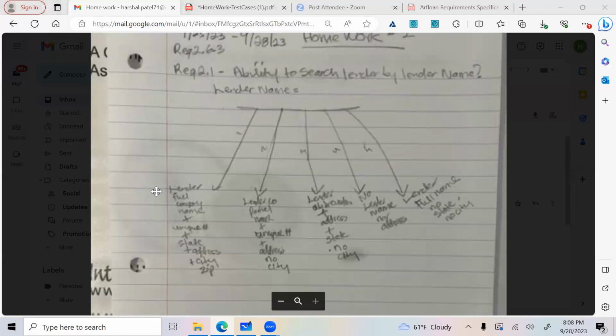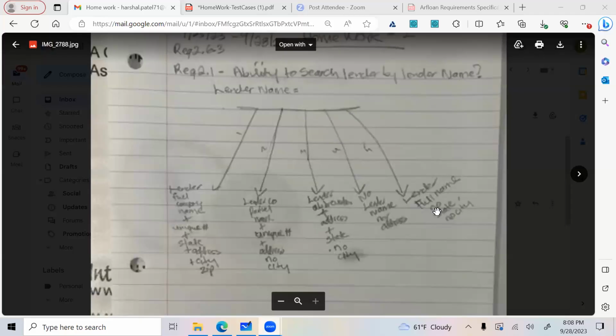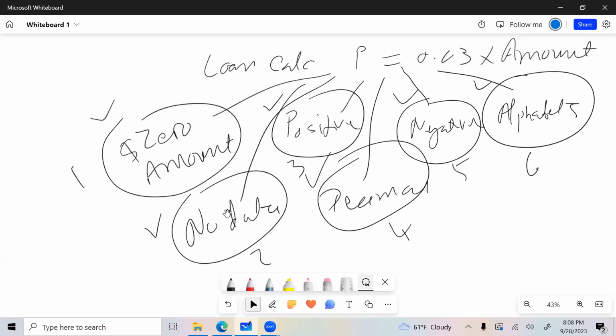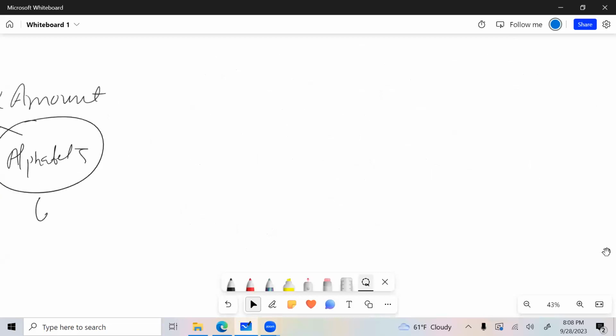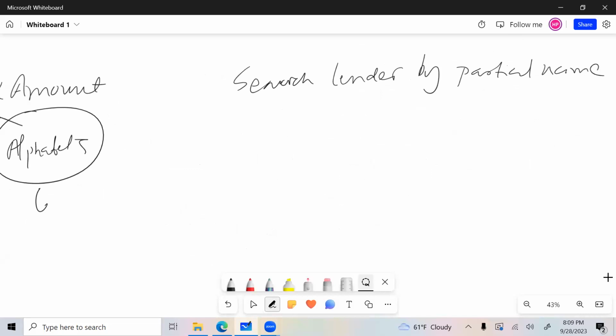So I'm going to share it quickly here. All right. Oops, that's not what I was sharing. Okay, I just need to switch it. Search can get complex. Okay. So, search lender by partial name. Okay, so here,